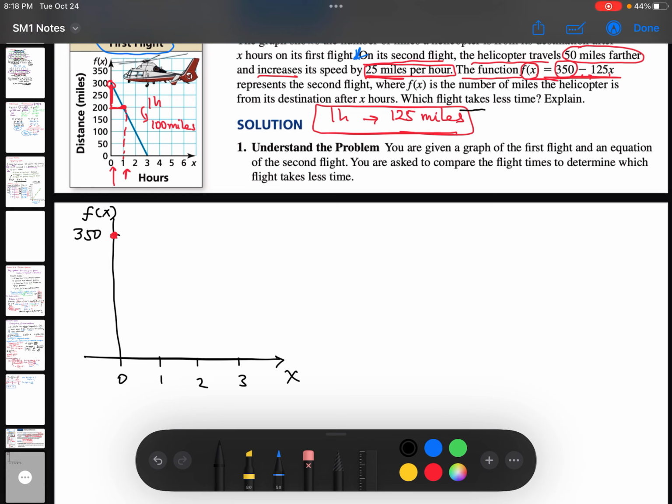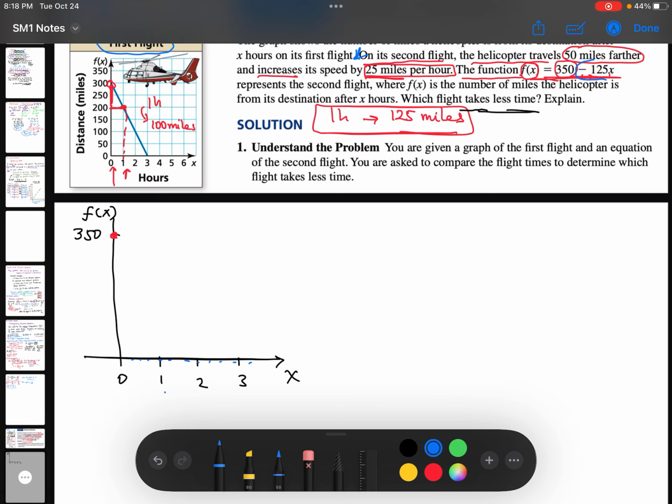Which flight takes less time? We need to figure out a graph for our second situation. It means how long is it going to take this second flight to reach f of x equals 0? What time? Let me show you some possibilities, and then I'm going to erase them. Is it going to be something like this, or like this, or like this? I don't know, but we can figure it out with the information we have already. Okay, so let's see what happens. You might see that after 1 hour, all right. Oh, sorry, I deleted this. After 1 hour,